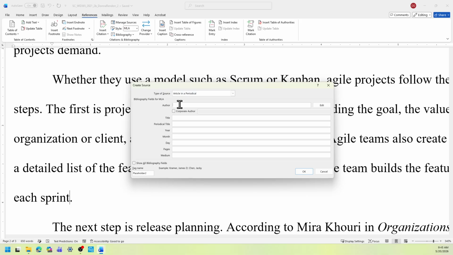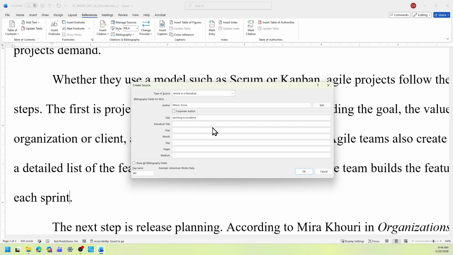And then you're going to type the author, Wilson Emma. And then the title is Sprinting to Excellence.